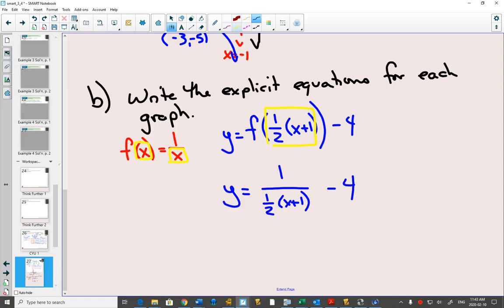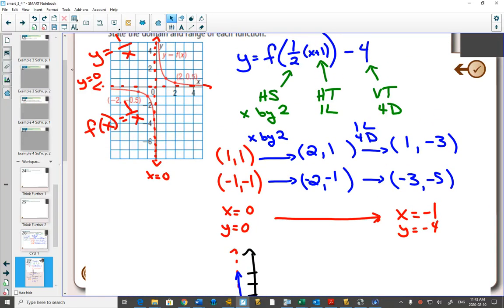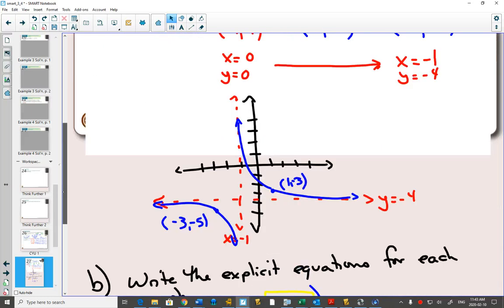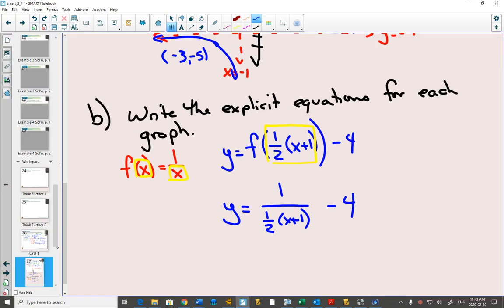Okay? So, the reason I want you to see this is because the textbook almost always gives you a graph to begin with and graph your new function. Okay? But some of the questions you're going to be asked will be just graph this. And that's the only thing the question says. If you get that question, you have to be able to recognize, and I think this is the hardest one to recognize, that this is a 1 over x graph with extra numbers. Can you see there's an extra number out front, there's an extra 1, there's an extra minus 4. So you would draw